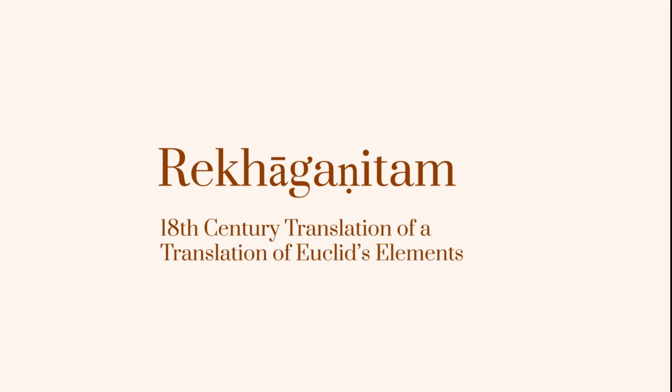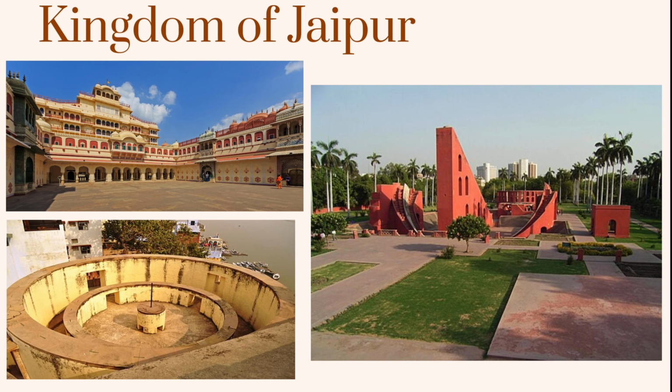Today we shall explore this interesting 18th century Sanskrit text on geometry called the Rekhaganita, or the Mathematics of Lines. Amusingly, it's a paraphrased translation of a translation of none other than Euclid's Elements. Before we understand how exactly Euclid's axioms and theorems are presented in Sanskrit, we should first delve into a brief